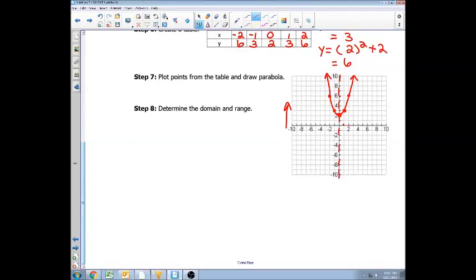The last step is to determine the domain and range. Well, my domain would be all real. My range would be y. Since it opens up, it's going to be greater than or equal to. What is my y value at my vertex? It is 2, so y is greater than or equal to 2. Let's go ahead and go to the